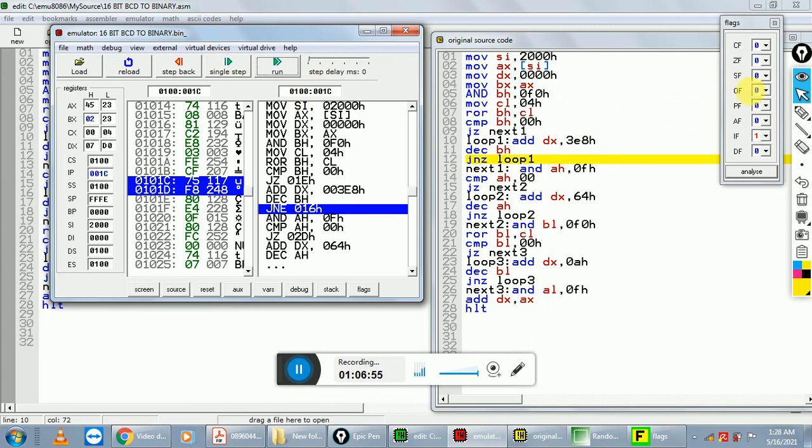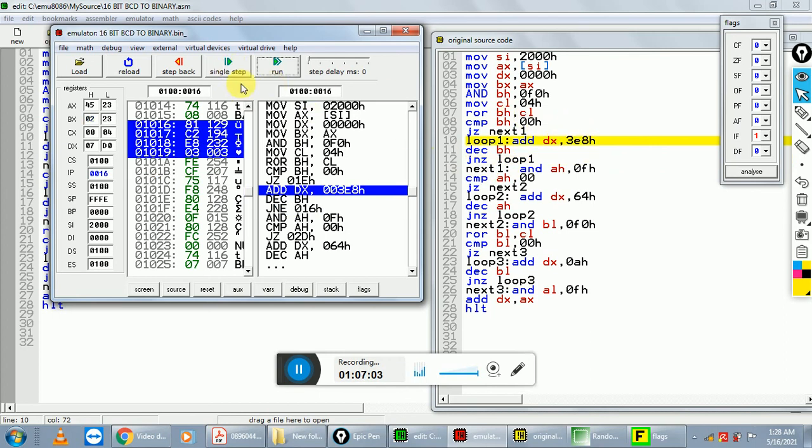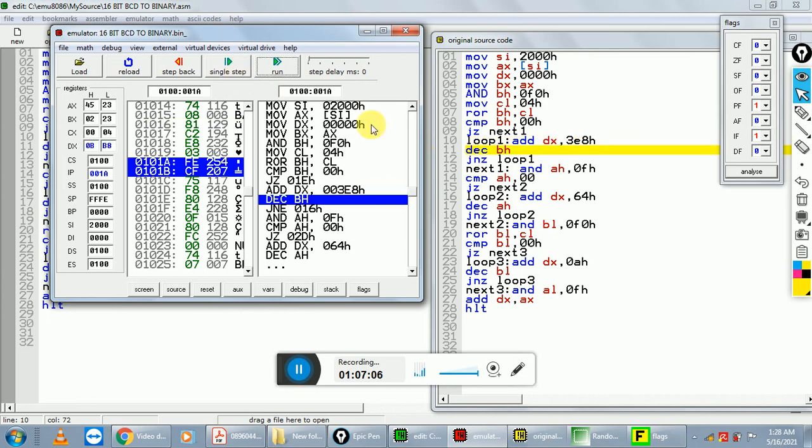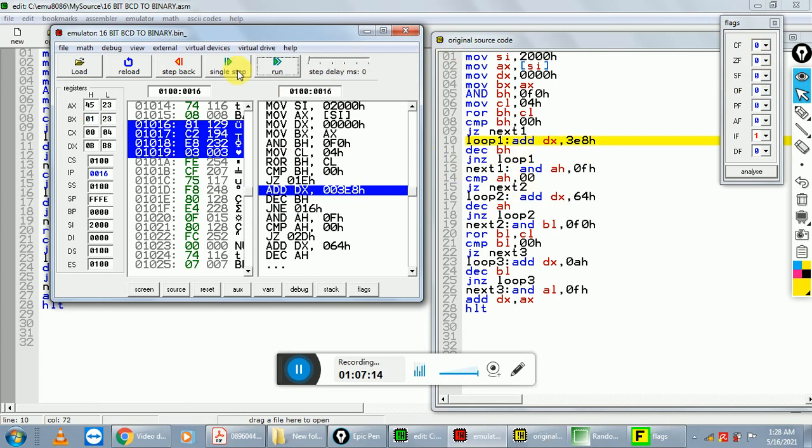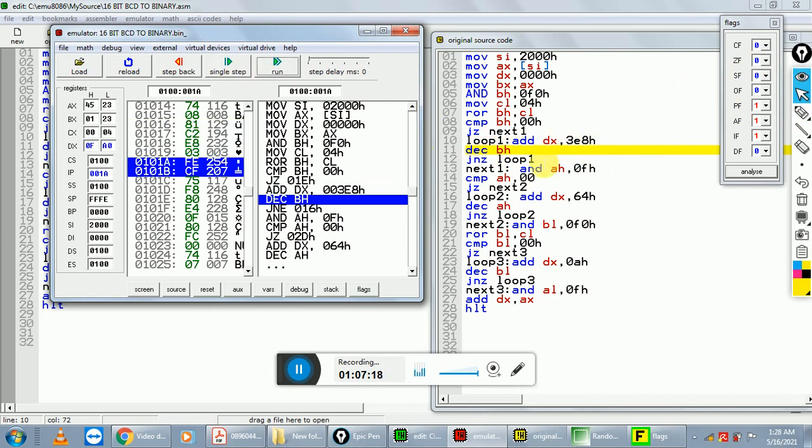The zero flag status is again clear, so the pointer moves to loop 1 again, adds again, decreases the counter by 1, and not equal to 0 means clear. Again jump and add this value.